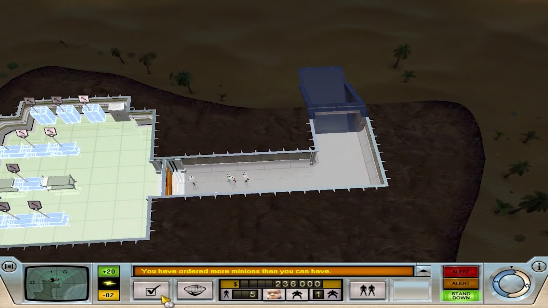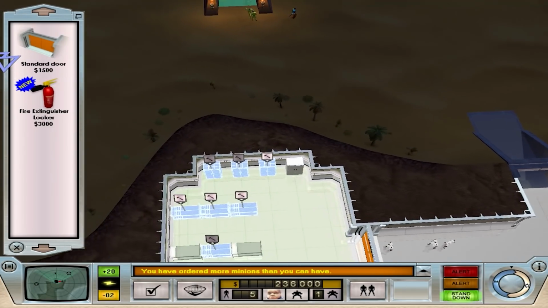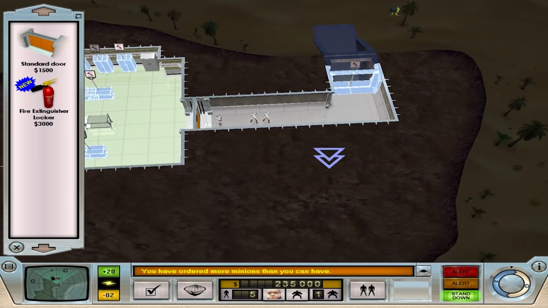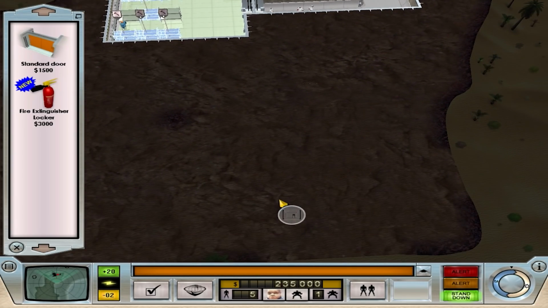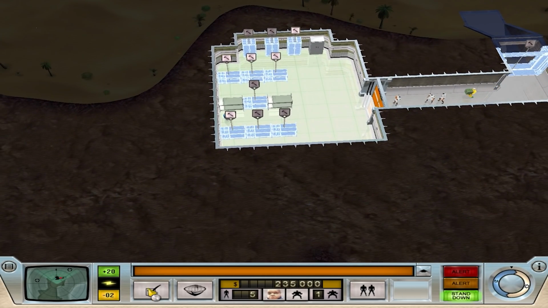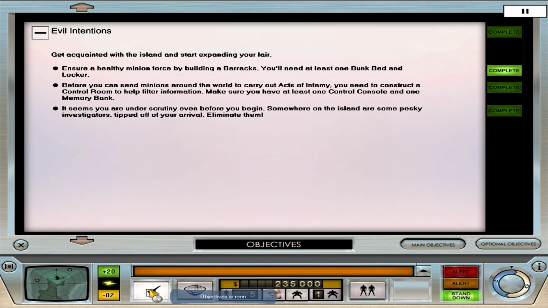Now, one thing we can do is put some items in this corridor. We can build a door here as we come in. And then this corridor could also come down here if we wanted to. We can add on to it later on. But for now, I'd say that's it. So what else do they want us to do? We have a locker. Yeah. We need the control room, of course, and